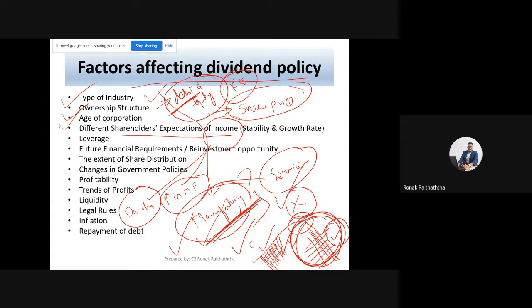But if the company pays the dividend, say from the reserves and surplus, that means the book value will reduce. And if the book value of a company reduces, then the PB ratio will go too high. That will be a sign of overvaluation. Investors may start selling the shares.